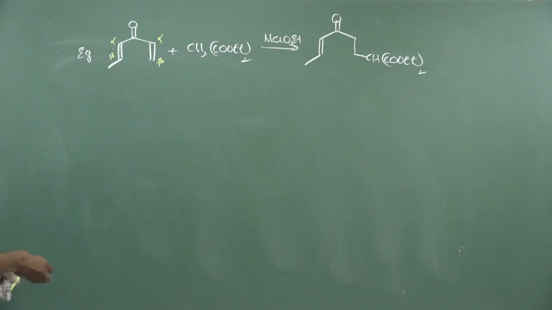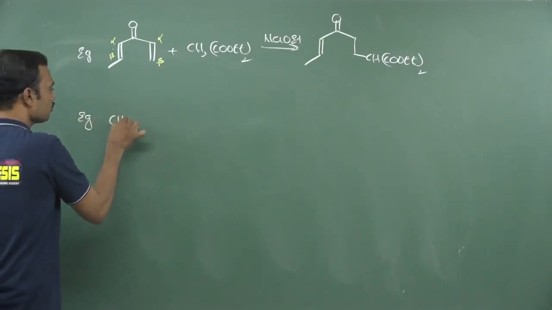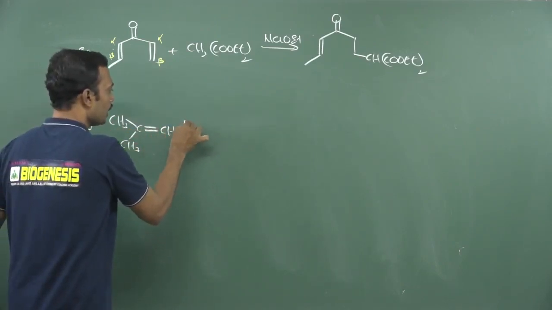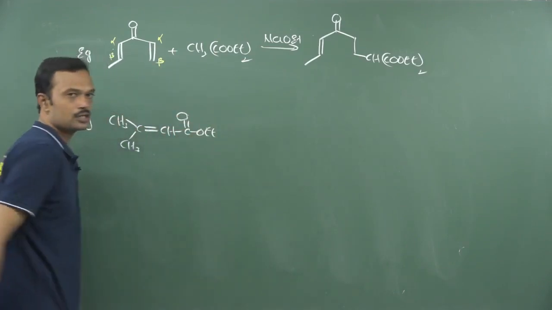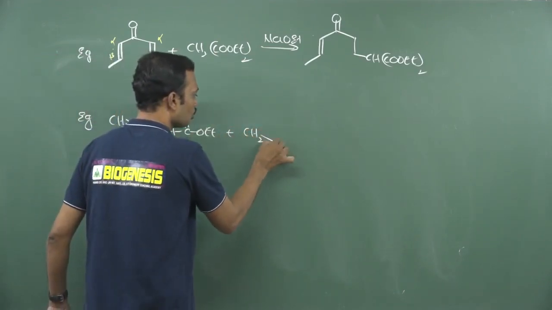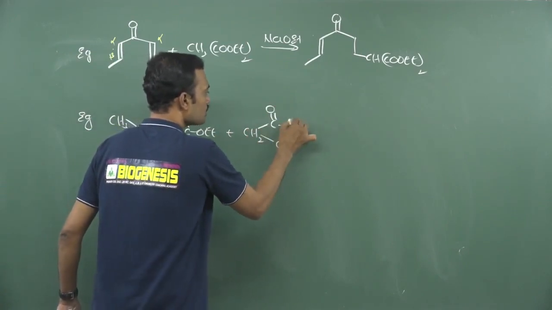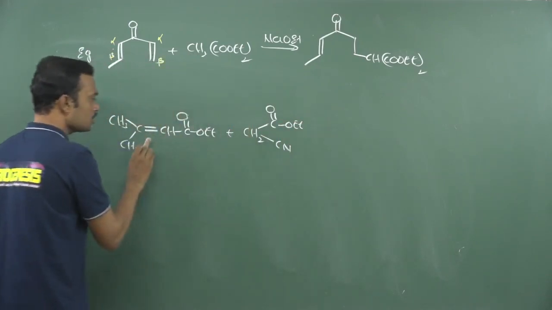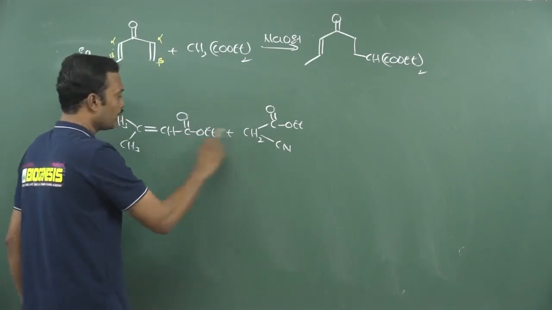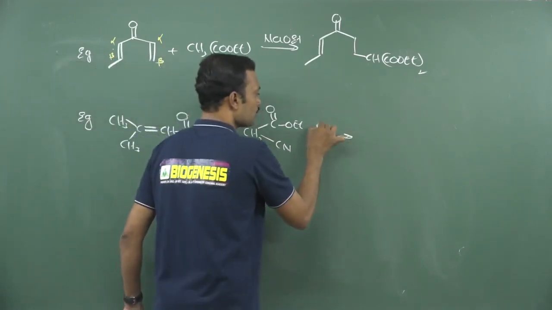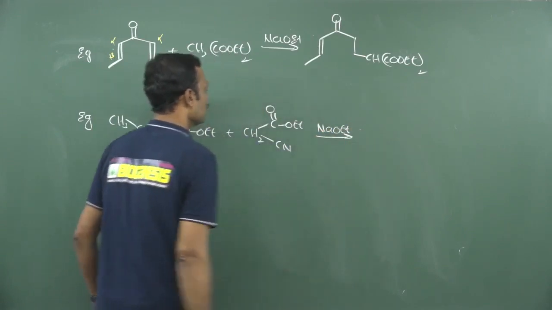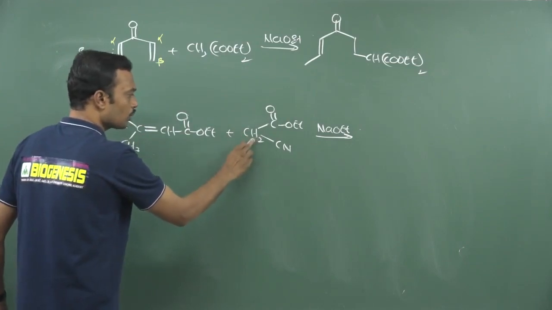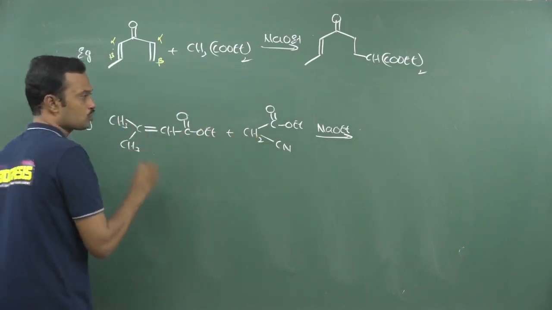Okay. Next, you can also go through one more cyclic ring formation by using this. See, carbon having CH3, CH3. Next, this carries an ester, C double bond OEt is there. It is an ester. Now already explained how to select a donor. It is a cyano, C double bond OEt. So it is an activated methylene carbon, it is an activated olefin. Otherwise you can say this is active, and this is activated. Now if I use a base NaOEt, then what happens? This proton will be removed here, it will be added here. Remove this double bond, this part without hydrogen, the total part will be added here. Here you add one more hydrogen. So that will be your answer.